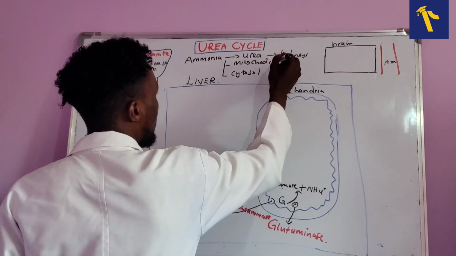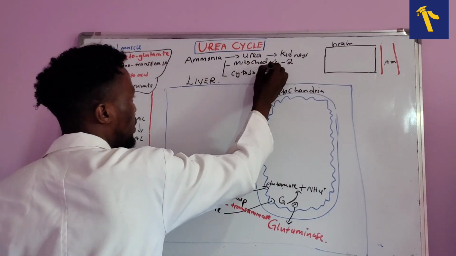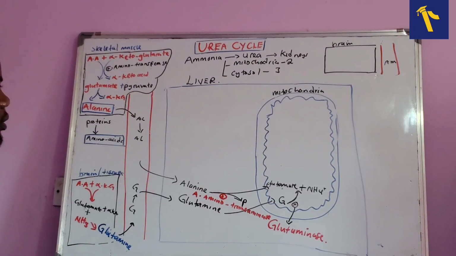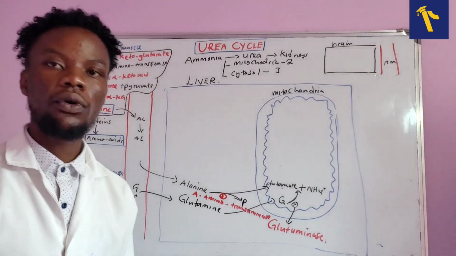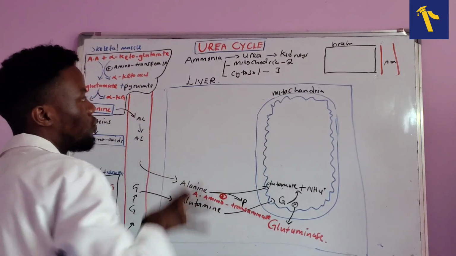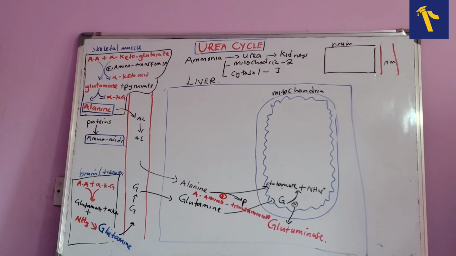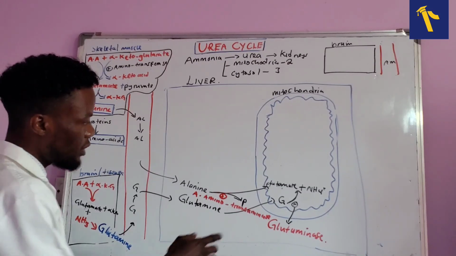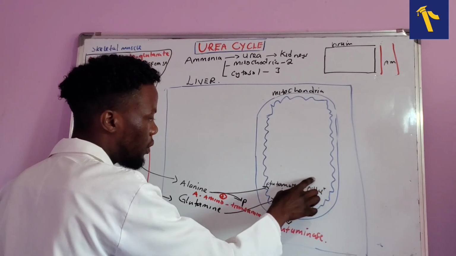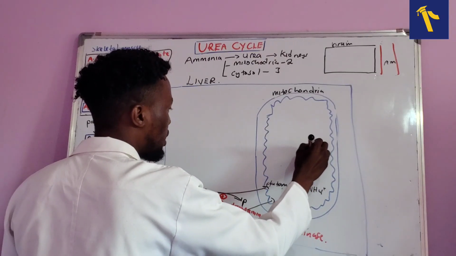So what we're saying here is that in the mitochondria, we need two processes to happen, and then we need about three processes that will happen in the cytosol. So the total number of processes for the urea cycle is about 5, which is 2 plus 3. Alright. Now since we've understood that, let us see how glutamate is going to produce ammonia, because the only thing that we need is this ammonia. This ammonia is the one that we need here in the mitochondria.